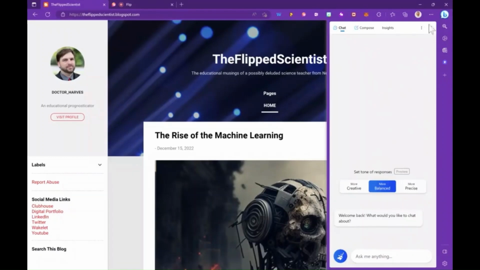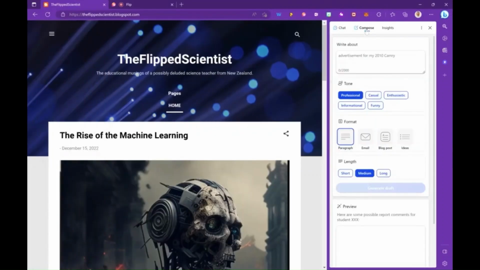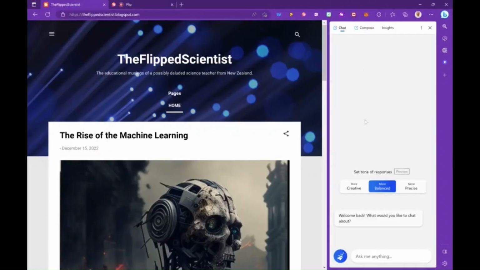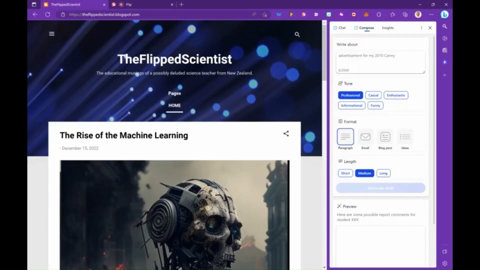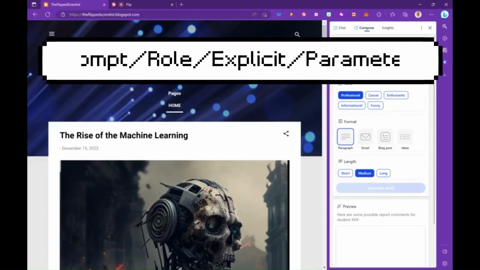So the first thing you have to do is go to the top right-hand corner and open up the little chat box. And what we want is to go to Compose, and actually before we do that, we want to go to More Precise. That means that responses are factual and concise, prioritizing accuracy and relevancy for you and your student. Then we go to Compose, and we use the prompt role explicit parameters model, the PREP model, to develop our